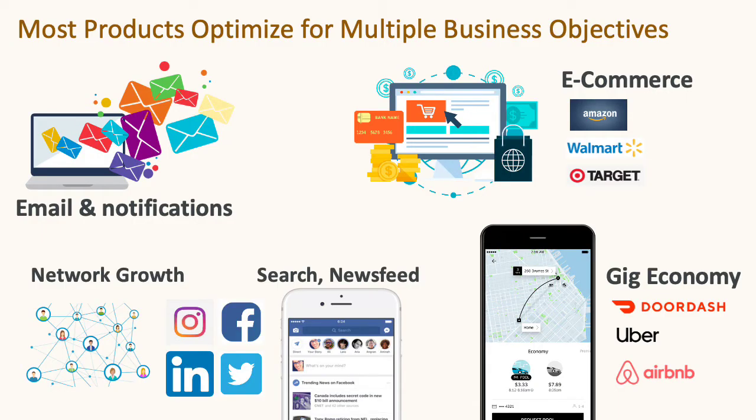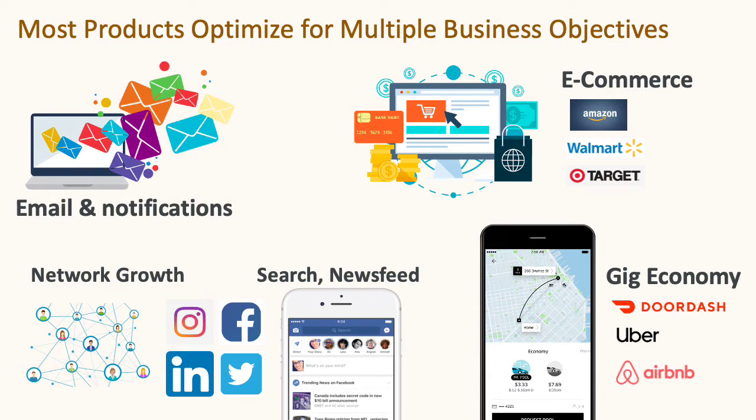Most products care not about just one but multiple business objectives. Some prominent examples are email and notifications. They form a key component of every company's growth strategy today. In deciding which emails or notifications to send, we care about the engagement generated while being mindful of the volume